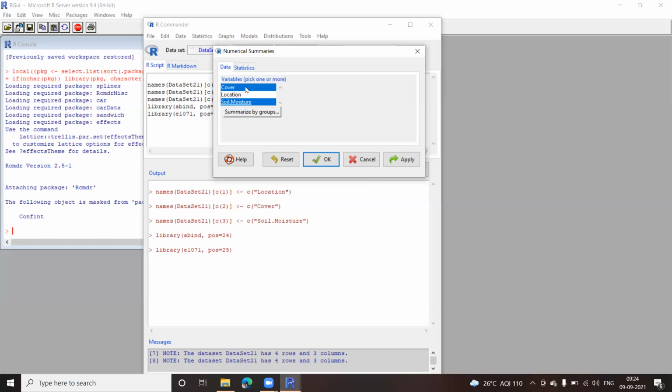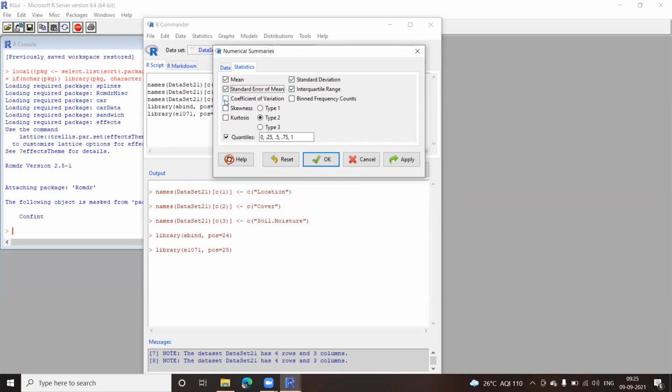Okay, next you can see here there are two tabs available. Data we have selected, on which I want to create the numerical summaries. I'll go to the statistics option. Okay. Now these are the options which are available for you. Mean, like mean is by default, mean and standard deviation, along with your interquartile range have been selected. If you want to know the standard error of mean, whatever, you can just click on this.